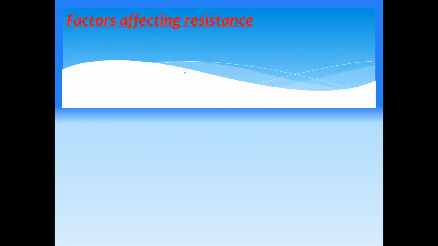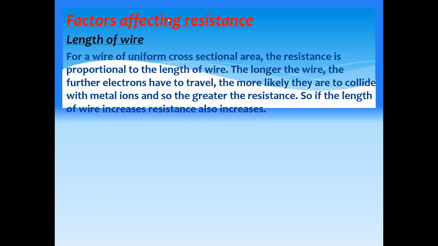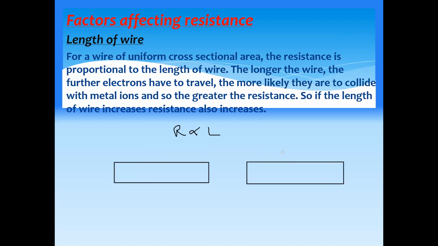Now, there are different factors which affect the resistance. The temperature is one of them, length is there, and area. If we are using a longer wire, it will have higher resistance than a shorter wire. What is the reason? You should learn this explanation as well, how the length affects the resistance of the wire.